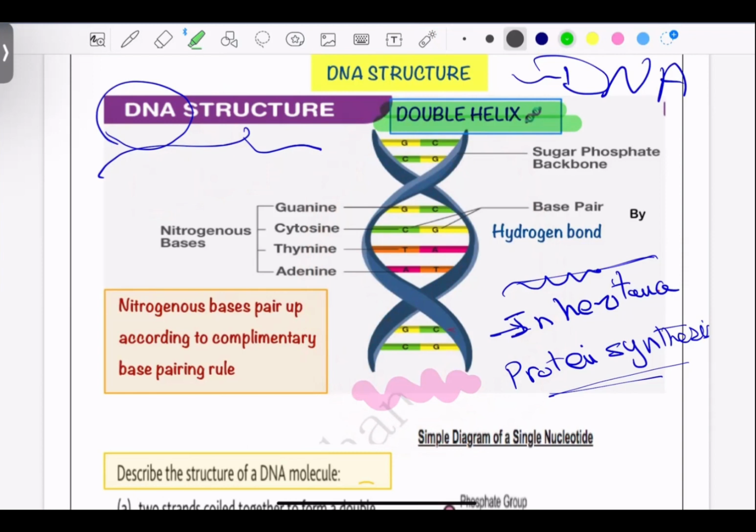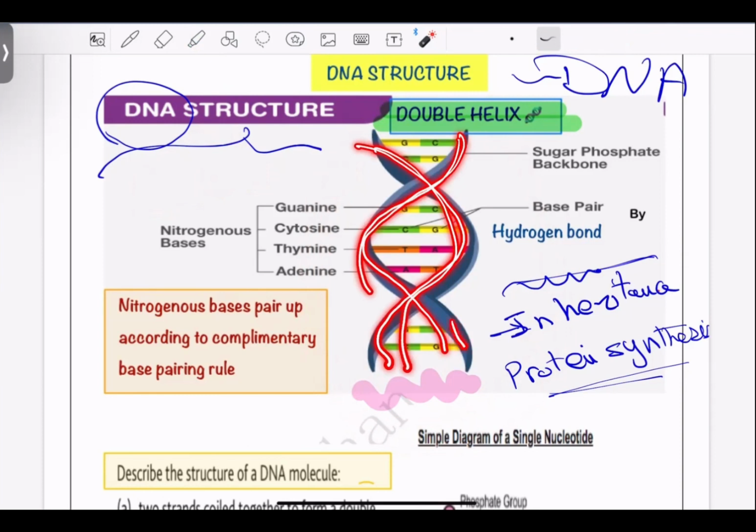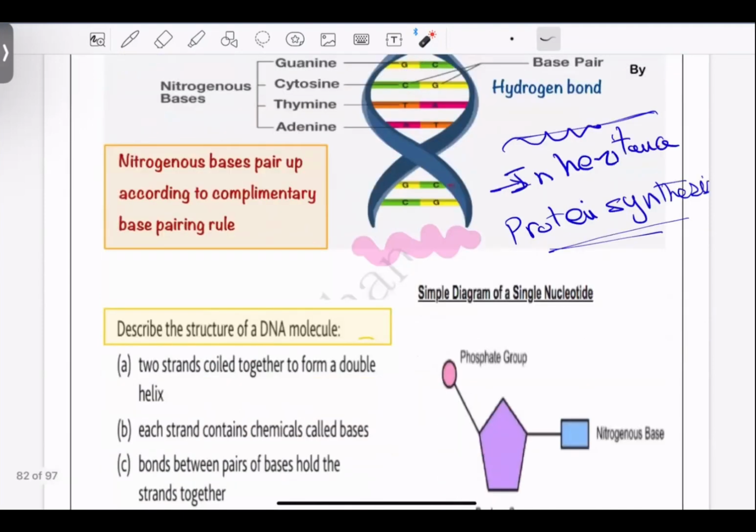Again, how is the double helix formed? As I told you, the DNA consists of how many strands? As you see, how many strands here? Two. Excellent. They coil around each other to form what we call a double helix. Each strand of the DNA contains what is called